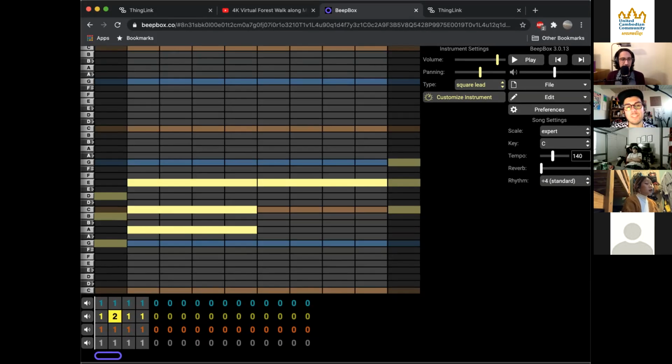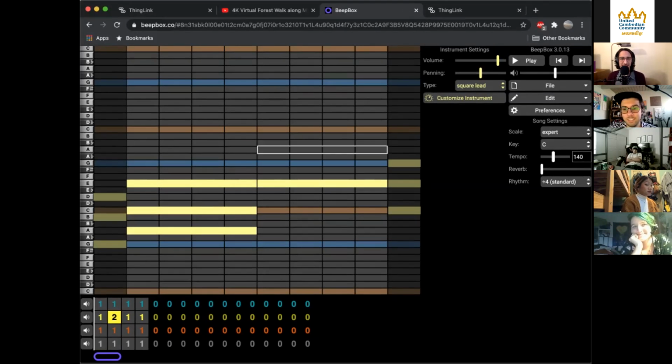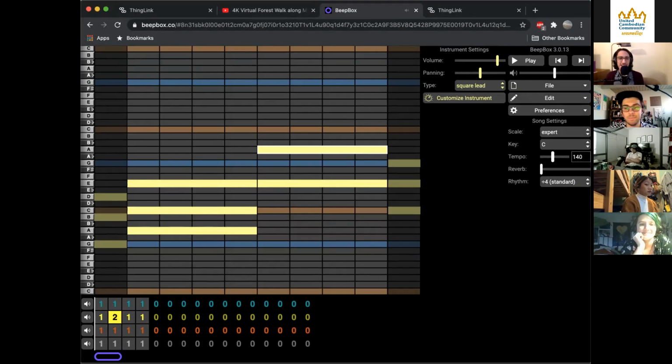How many spaces away should the next note be, 3 or 4? Emily said 5. It sounds cool, but we overshot it. So it's going to be 3.